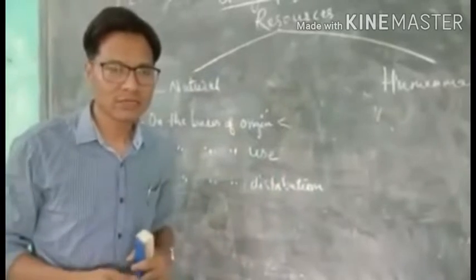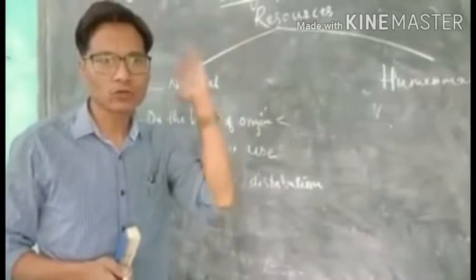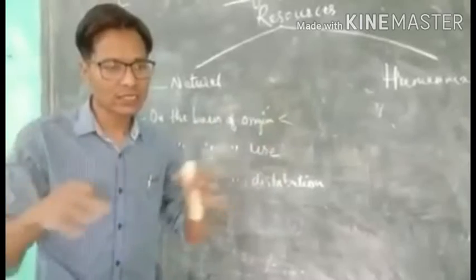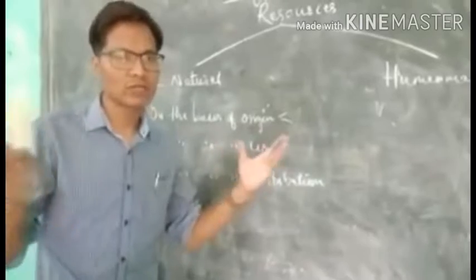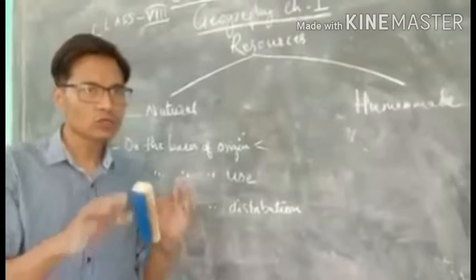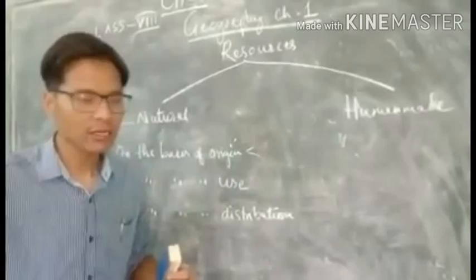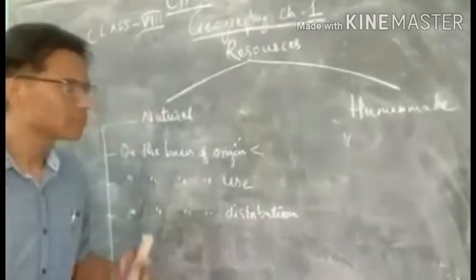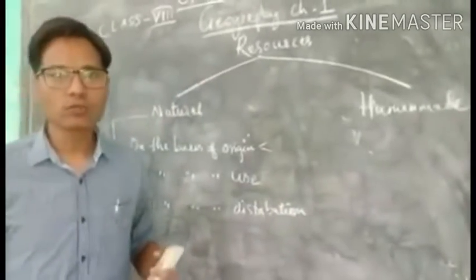In the global sense, the petroleum, the crude oil, which is exported from West Asia. West Asia has the largest concentration of petroleum. These West Asian countries export petroleum to other countries. They know its quantity, they extract it and they sell it. So in India, for example, we have resources which are being used at present. Those are actual resources, and potential resources are those resources whose potential.